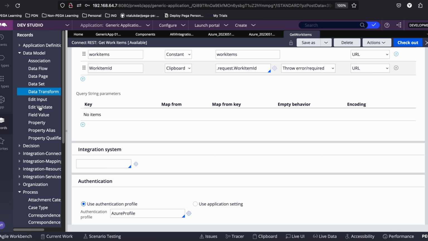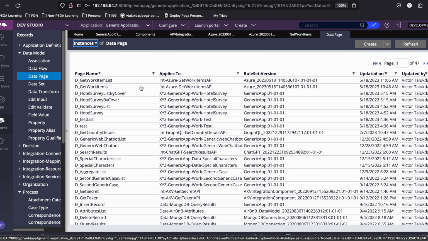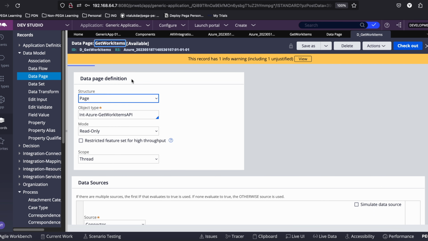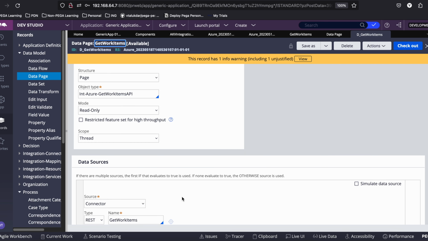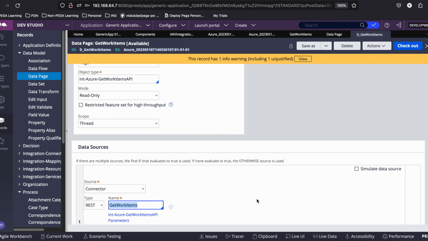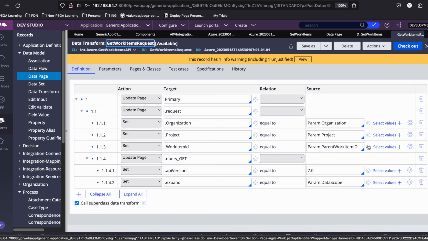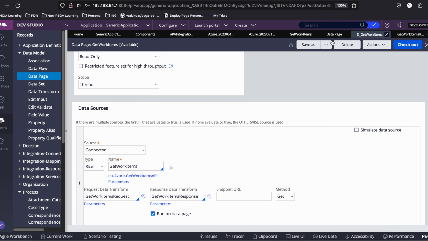Once this is done, I've created a data page. There are two layers of data page. I'll show that one by one. The first one is this get work items. Inside it, the get work items connect rest is being called, and there is a request and there's a response. The request does nothing fancy. It just sets all these values from this